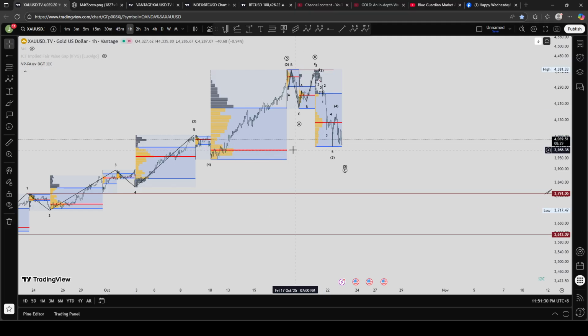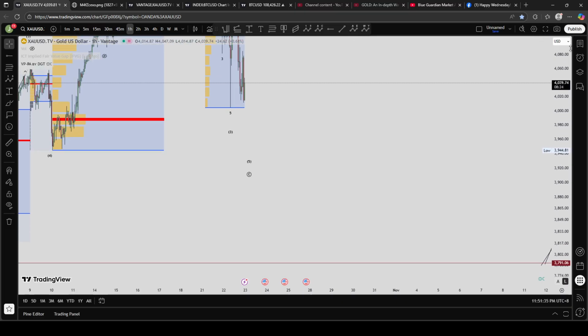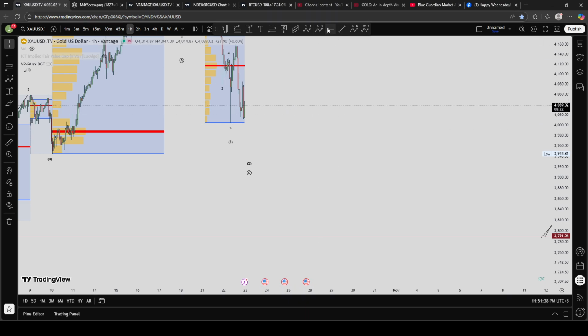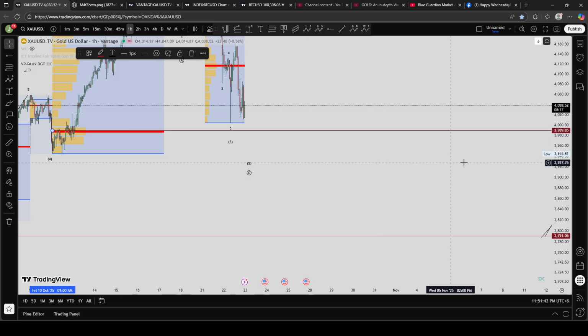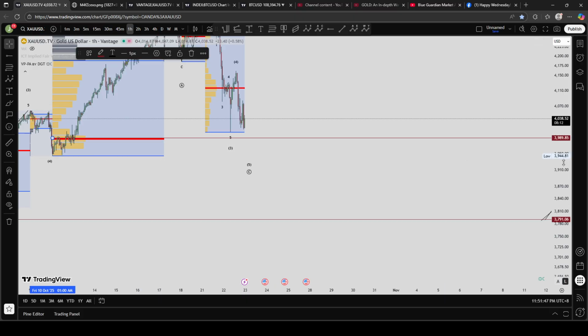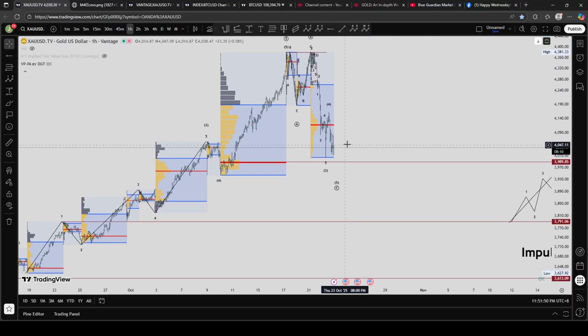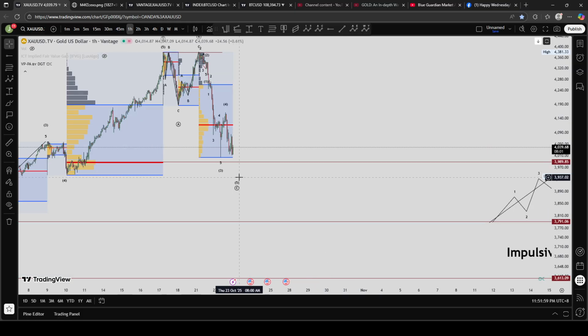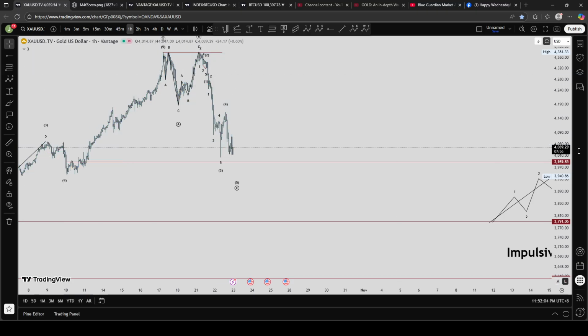The point of interest is within this price, which was not yet tapped. If we base it on the volume profile point of interest, there's a possibility that this point of control of the volume profile will be revisited. This can also be a good POI or point of interest, so it's either this one or this one for the fifth wave of a possible expanded flat scenario.